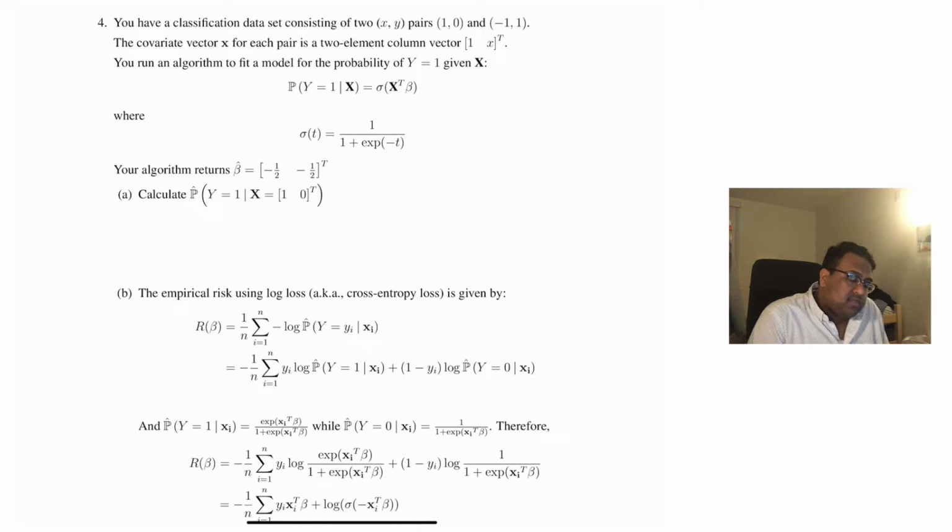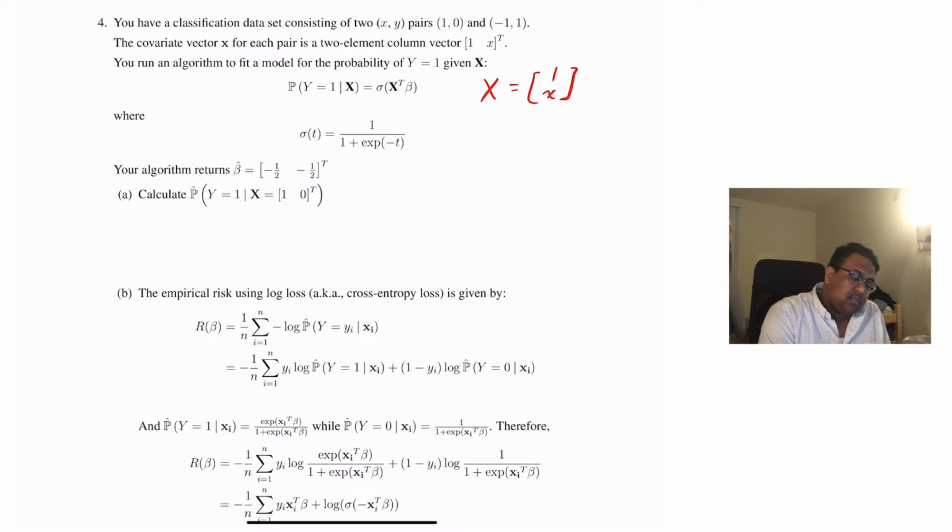We're told we have a classification data set consisting of two x, y pairs, (1, 0) and (-1, 1). So really here our points are 1 and -1 with class labels 0 and 1, because y represents the class. Okay, and we're told that the covariate or the feature vector for each is a two-element column vector that looks like 1 and the scalar x. So the vector, big X, is 1 and the scalar x, and that allows us to get a bias term,